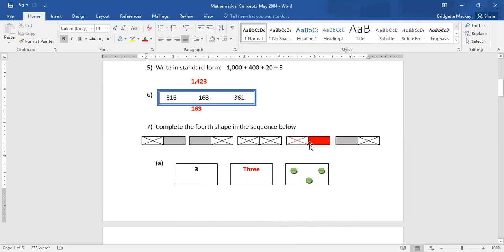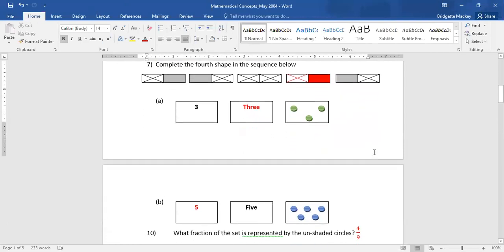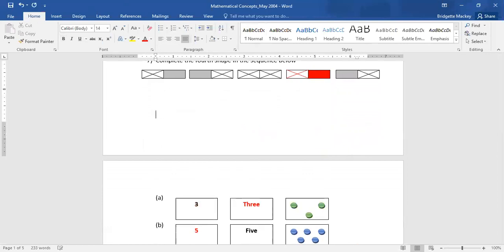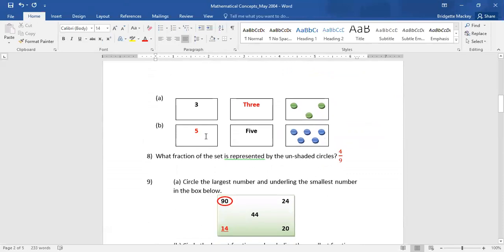So what should be the first pattern? It's the box with an X and then shaded, right? And then following that, we have the shaded box, then a box with an X. Okay? Good stuff. Okay. Next question. Now we have